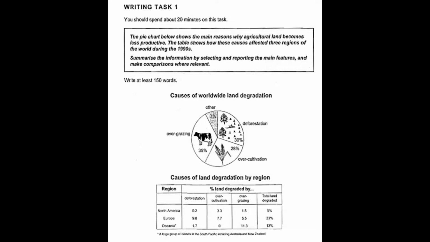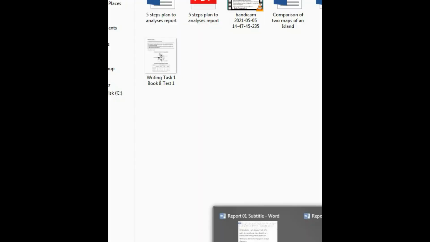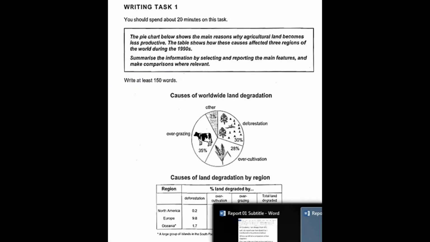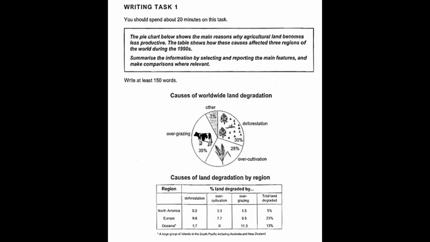The first one is the pie chart and the second one is the table, and the question statement I have been through already. So before starting this, let me tell you that these two diagrams are very straightforward. I mean, not many comparisons can be found over here. You can just find highs, lows, and just one relevant parameter, which I have mentioned in body paragraph 2. Okay, so we're going to see that.